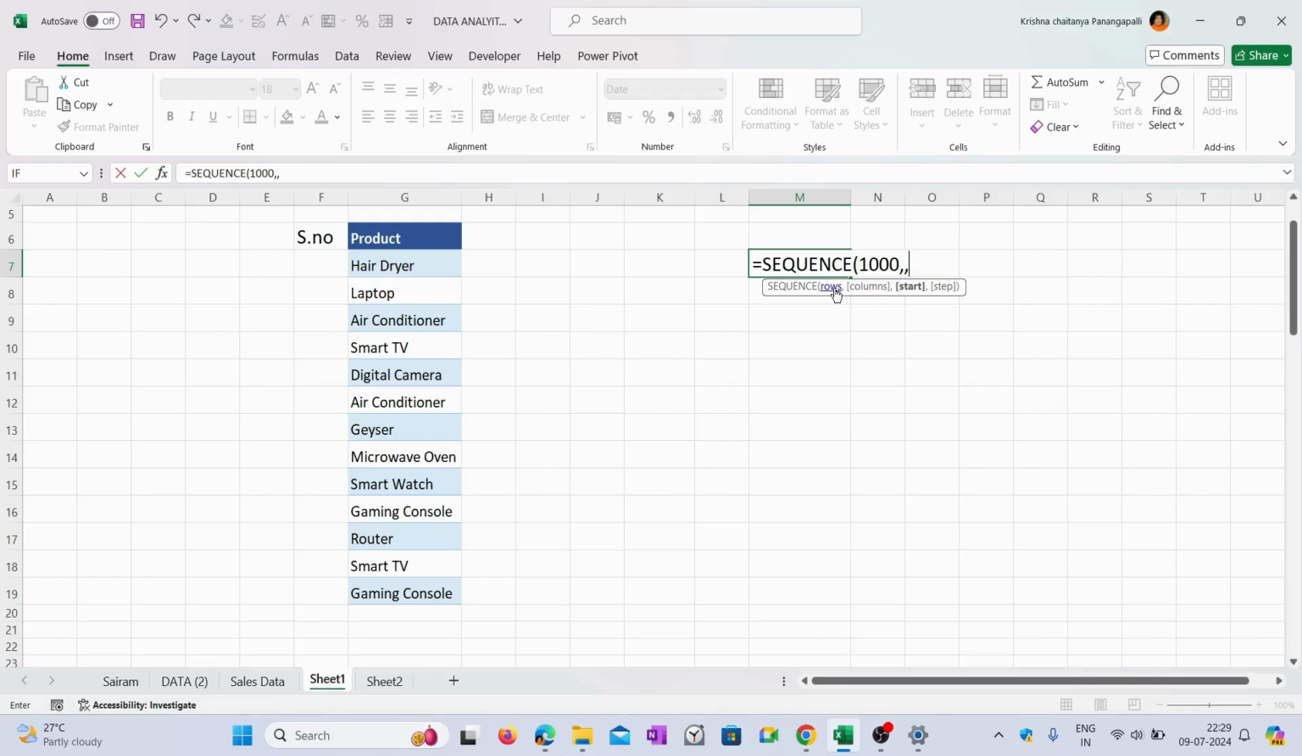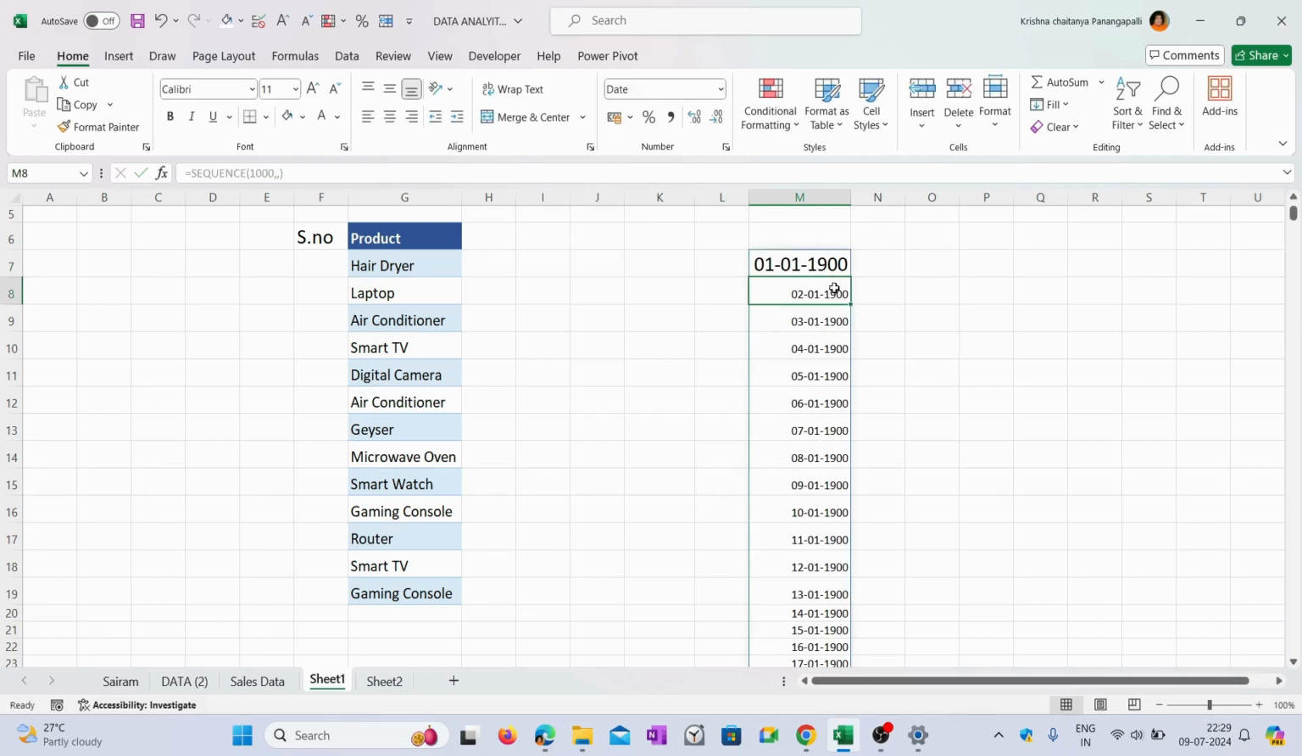So it is asking start, comma, step. As of now, I won't discuss this. I'll discuss it within a few minutes so that you can understand this better. So I'm just closing the bracket. So now, as you can see,